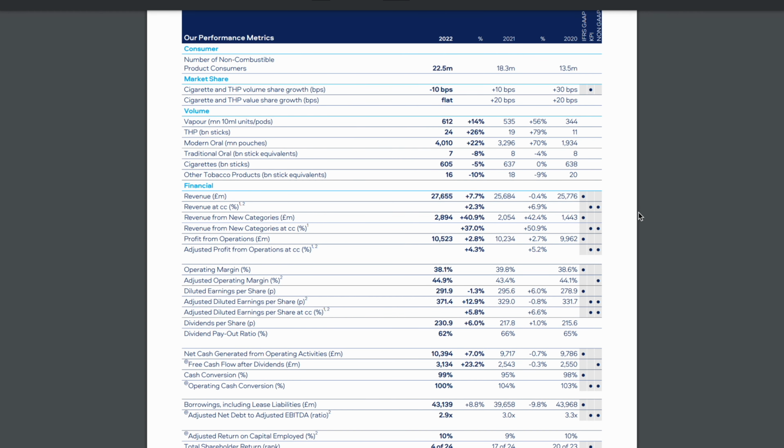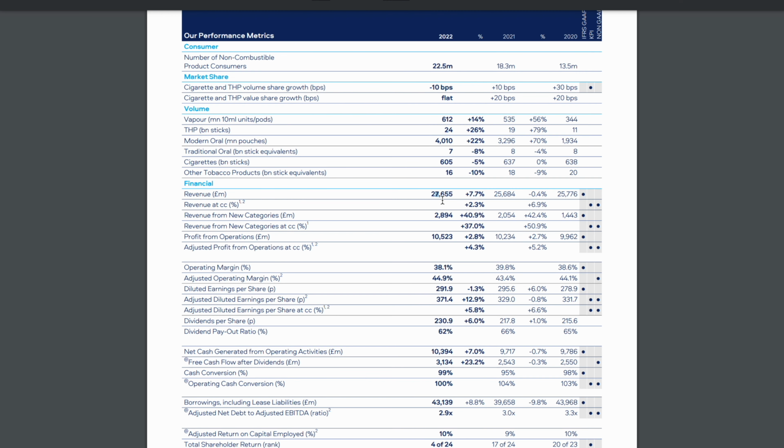The last competitive advantage for British American Tobacco is diversification, both by product and by geography. Let's focus on product first. Yes, cigarettes still make the vast majority of British American Tobacco's sales, but next generation products are quickly gathering pace. As we can see, in 2022, revenue from new categories increased almost 40%, from 2 billion to almost 2.9 billion. So while this is still a small percentage of the total revenues, which are at 28 billion approximately, this